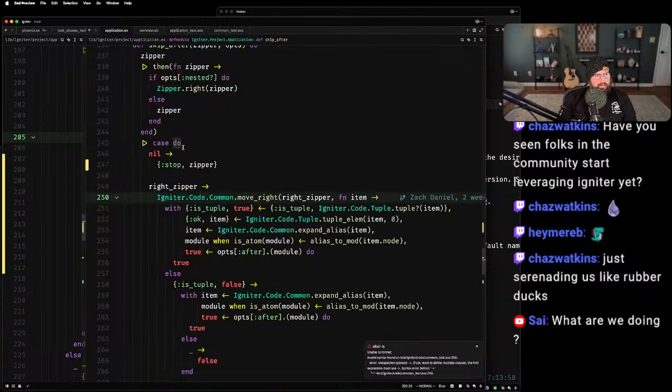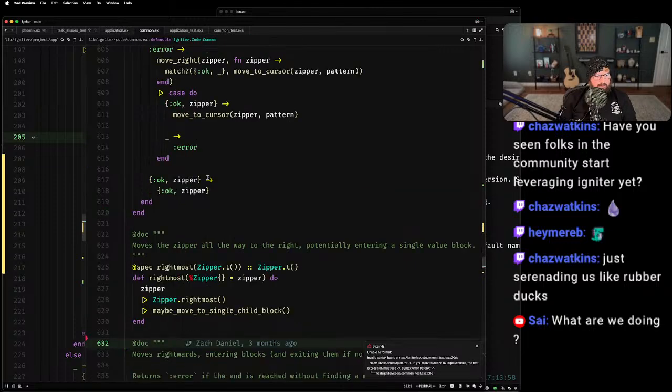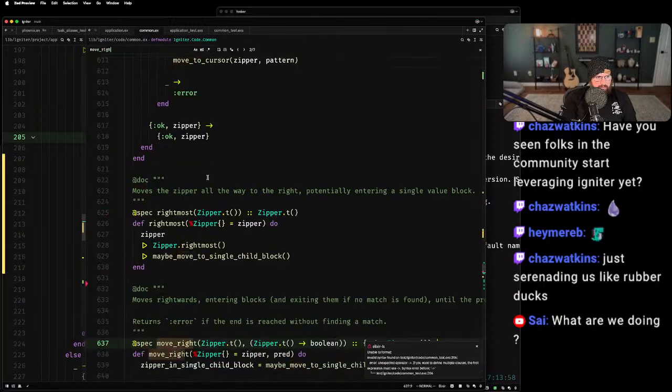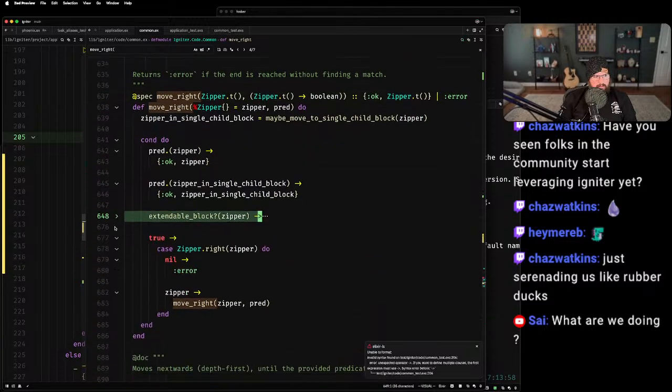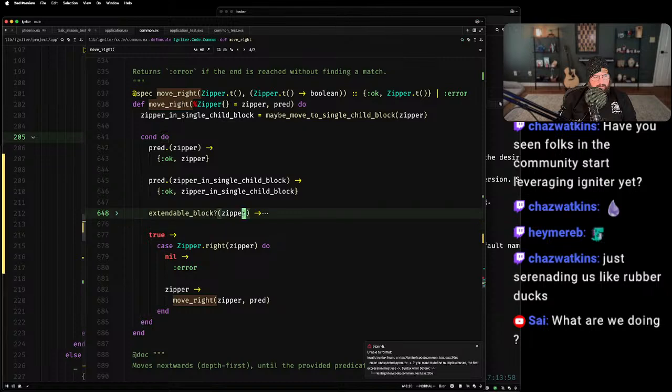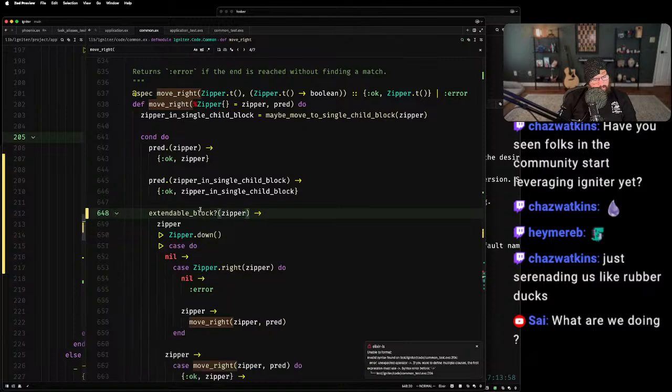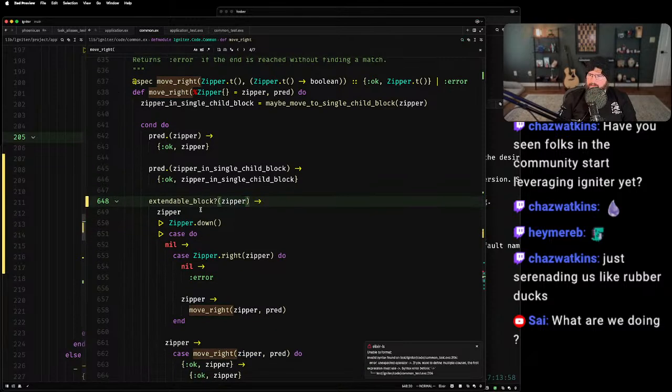but why weren't we protected before? Let's see, move right. We had this. Why? Move right should leave single value blocks alone because all of the other helpers work with it.